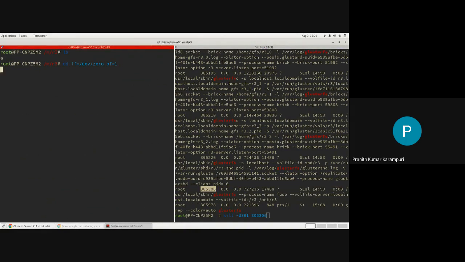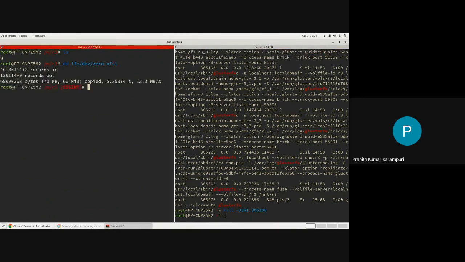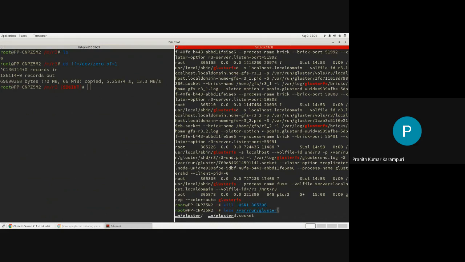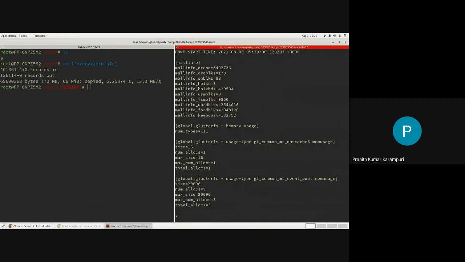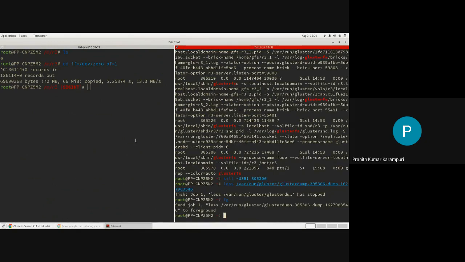If we are running a replica volume, and we take a state dump, run gluster, then gluster dump. Okay, so this is the state dump file that we got for this client process. Oh, sorry. I should have taken a state dump of the brick. One second. Let me do this again.